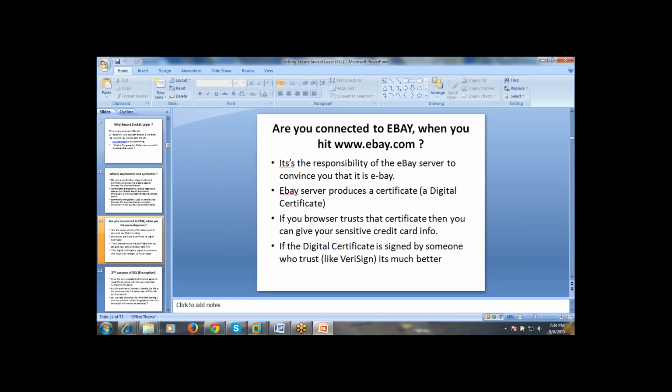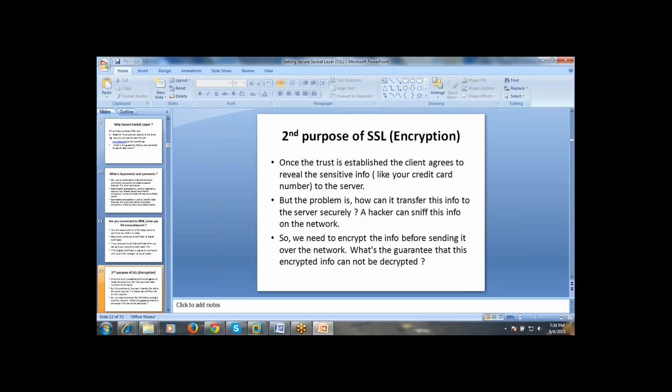And those certificates are generally produced by certificate authority companies, which is much better, like Verisign or Entrust.com. In this way, trust and identity are enabled. After that, it enables the HTTPS communication. Then the second purpose, after establishing the trust and identity between the client and server, is that the client agrees to reveal